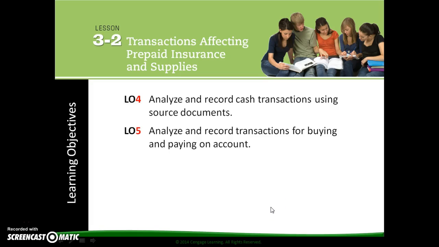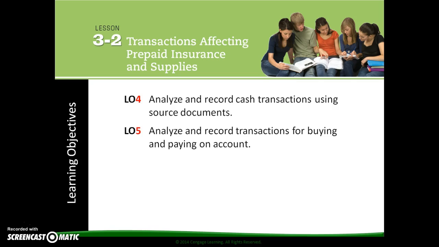Hello everyone, welcome back. We're going to be looking at lesson 3-2 today, transactions that are affecting prepaid insurance and supplies. So the learning objectives of this lesson would be to analyze and record cash transactions using source documents. We want to become even more familiar with source documents, and to analyze and record transactions for buying and paying